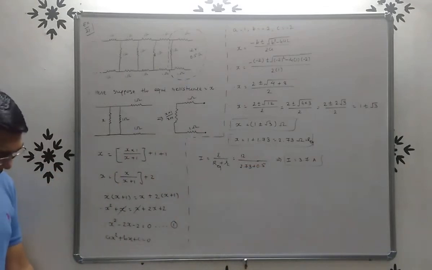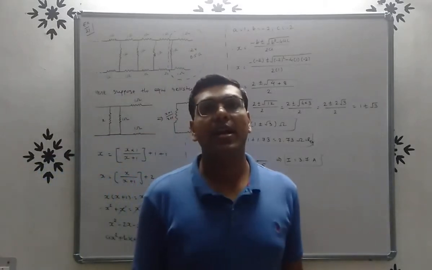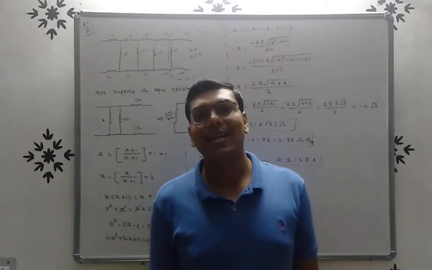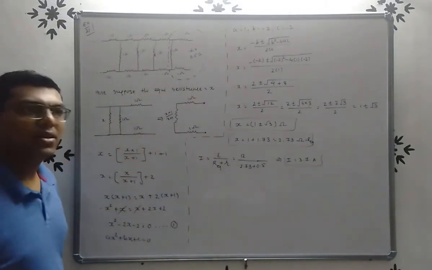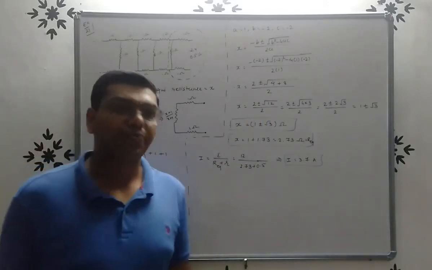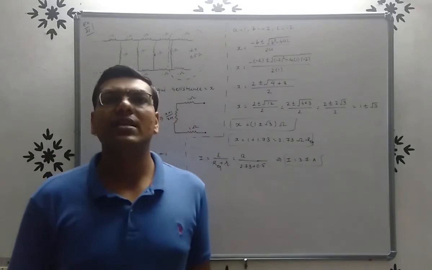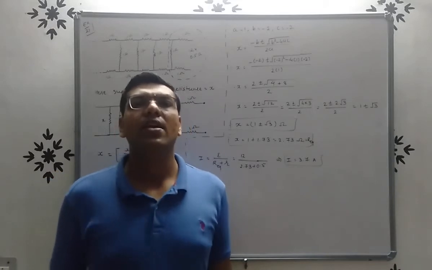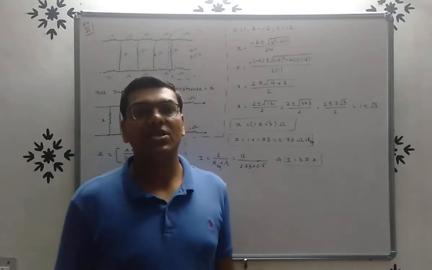Right. Again friends, see here. We have to find out the current flowing from this infinite network. So to find out the value of current, first of all we have to find out the value of equivalent resistance. So here we assume that the value of equivalent resistance is X. To find it, we add a small part of this circuit. Now here there is an infinite network, so if we add a small part, then there will be no difference in the value of equivalent resistance, because here there is an infinite system. Right?